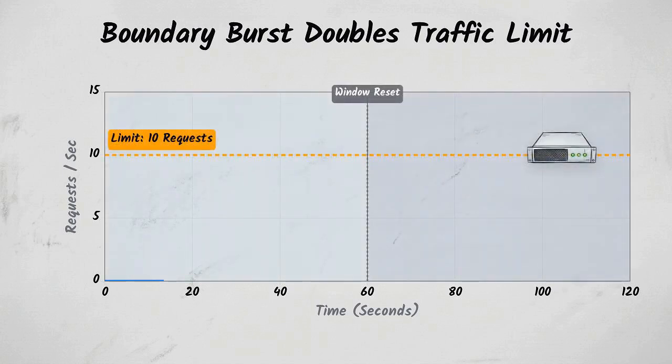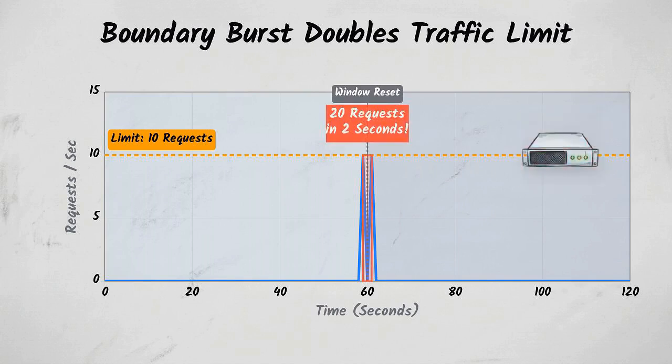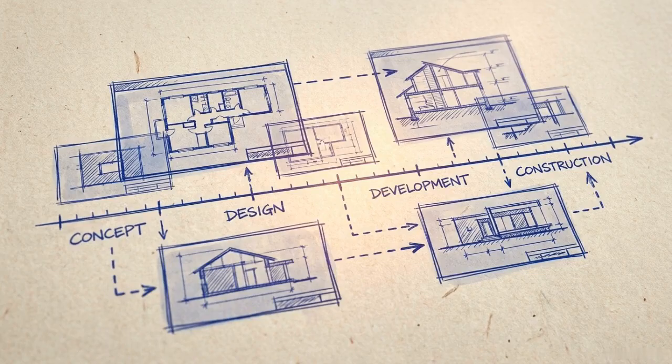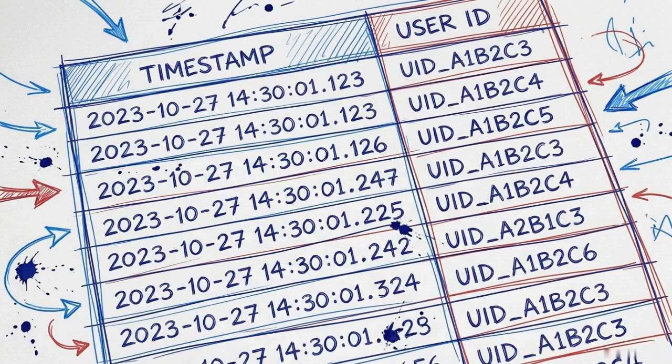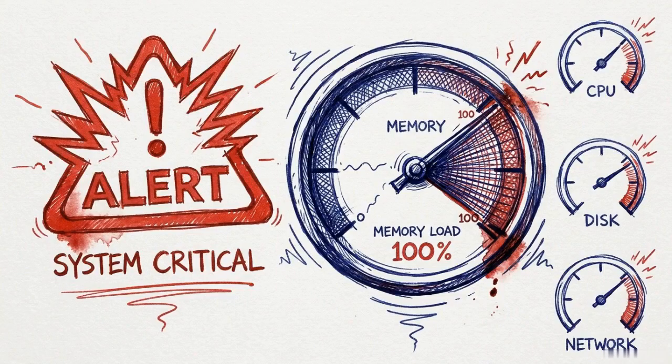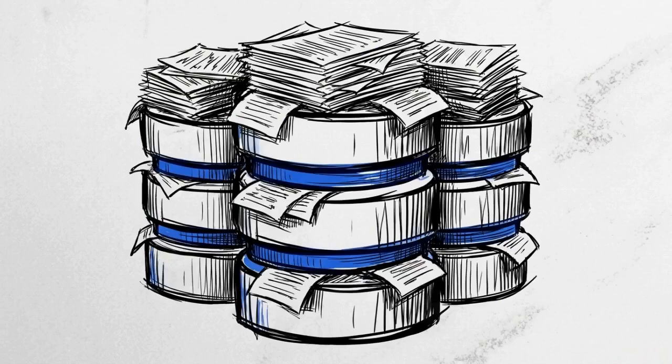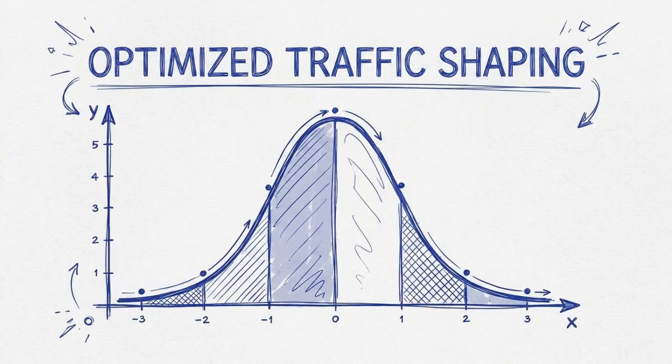This graph illustrates the fixed window's fatal flaw, the boundary burst. If the limit is 10 requests per minute, a client sends 10 at second 59 and 10 at 61. The backend is slammed with double the allowed traffic in just 2 seconds. To fix this, engineers use the sliding window log. This algorithm utilizes Redis sorted sets to record the precise timestamp of every single request, completely eliminating boundary bursts. However, the sliding window log carries a heavy memory overhead. Because it logs exact timestamps, the required storage scales linearly with request volume, threatening to exhaust Redis capacity.